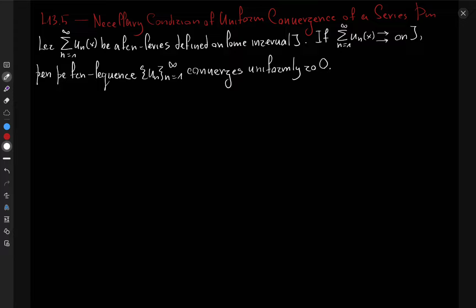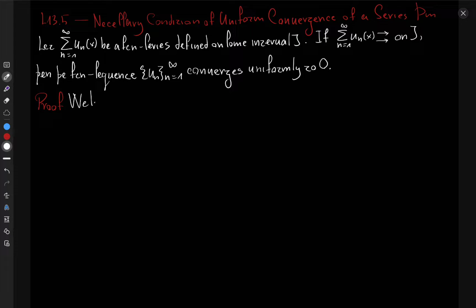I would like to remark that this is in fact a perfect analogy to the necessary condition of convergence of a series, not uniform, just regular convergence, where we require that it's a necessary condition that the function which makes up later the partial sums of the series converges to 0 with increasing n, with the index increasing. This is a perfect analogy of that. So it makes sense that something like this would hold. How do we prove this? Well, the proof is very simple, just 2 or 3 lines.